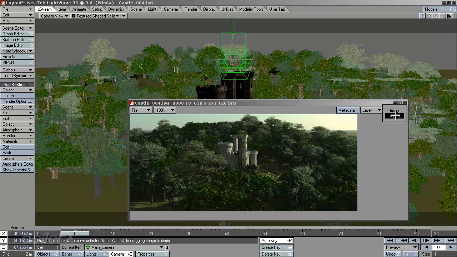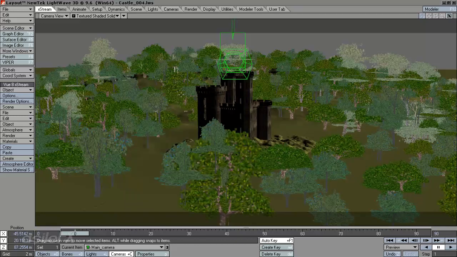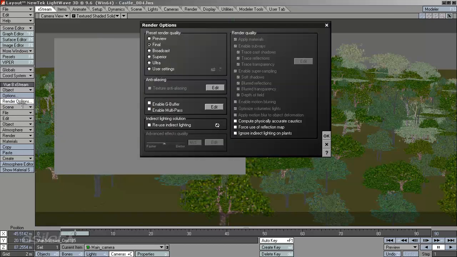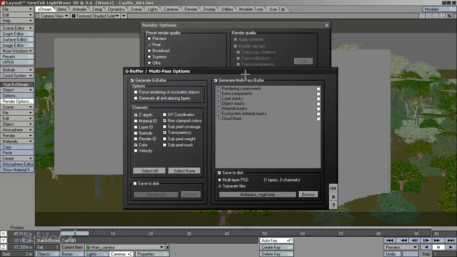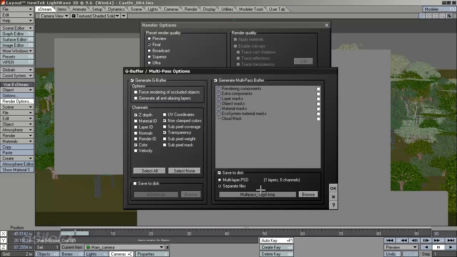Okay, so now we're going to take a look at the Gbuffer and multipass options. So if we go to the render options, we can turn on the Gbuffer and multipass. Now, the biggest limitation of this is that because all the anti-aliasing is handled by LightWave, the multipass and Gbuffer will not be anti-aliased. That can cause some problems for stills when you want to be creating some more advanced composites, which is where it's a better solution to render out within the standalone version, because then you can anti-alias all of these different